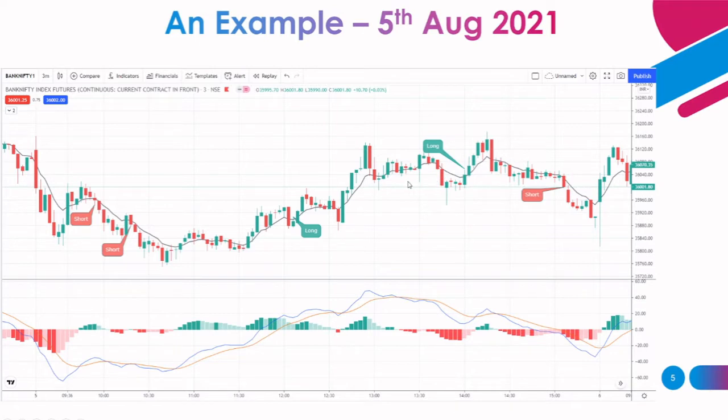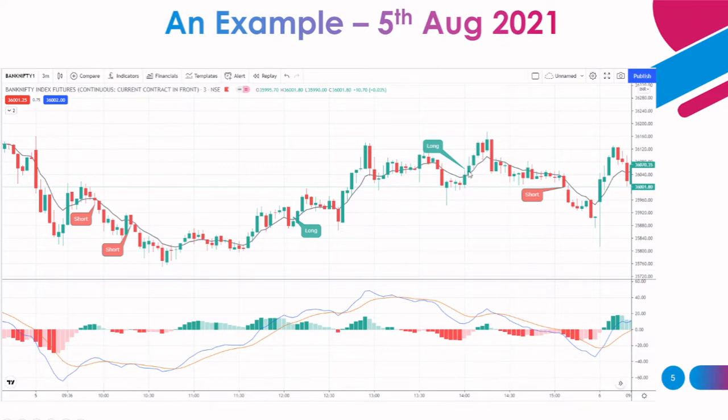Then there is no more long here. Yeah, there is a long here, but price did not go, so this is not a setup. Right? Now this is also a big candle, so we are avoiding the long. This one we can take as a long because this is a small candle and MACD is above zero. We can go for a long, and we got very good profit here.